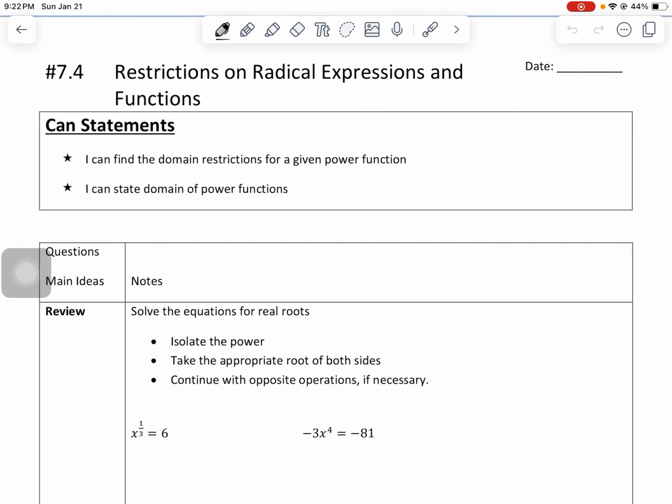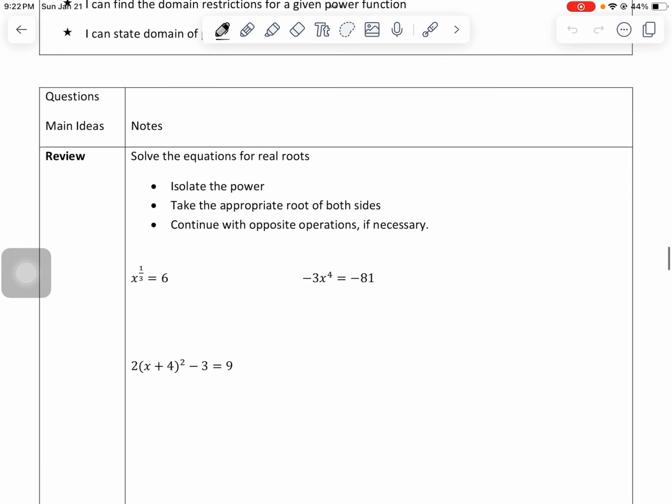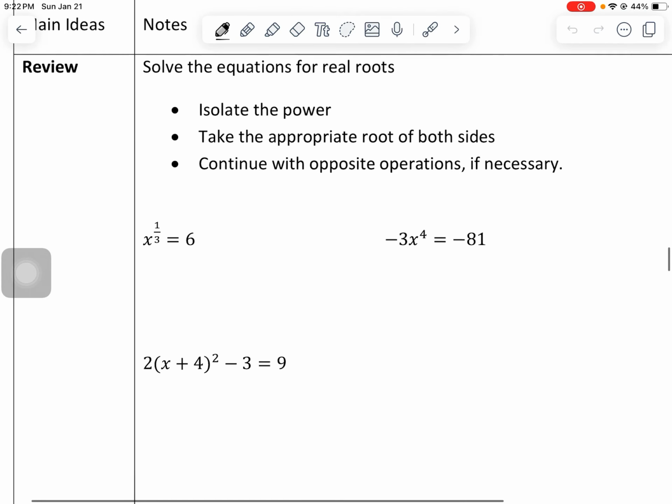Hello, welcome to 7.4, Restrictions on Radical Expressions and Functions. So in this lesson, we are going to be looking at our radical functions as well as some rational exponent functions and just kind of talking about the domain, some restrictions that we might see, but here's a quick little